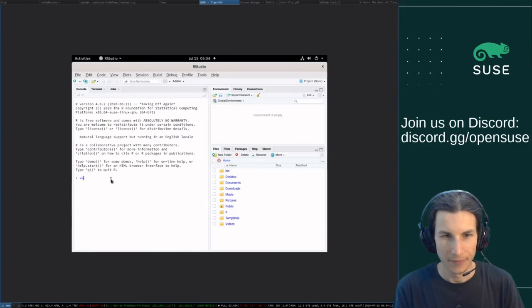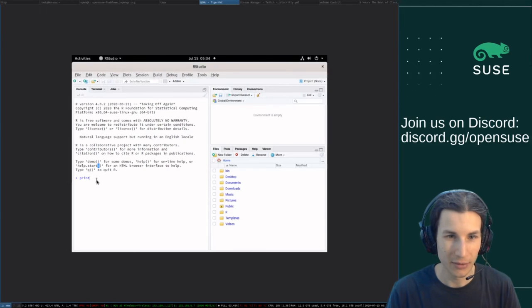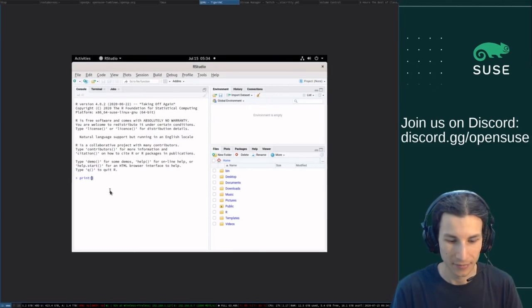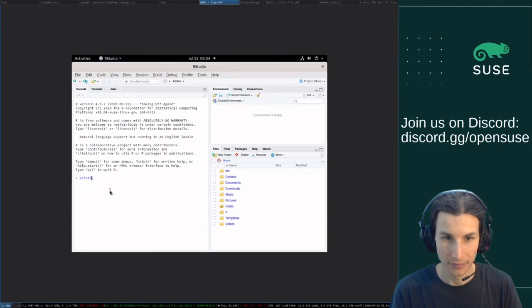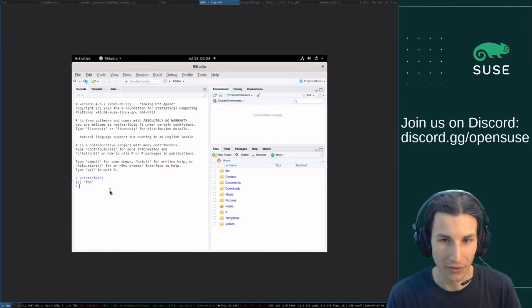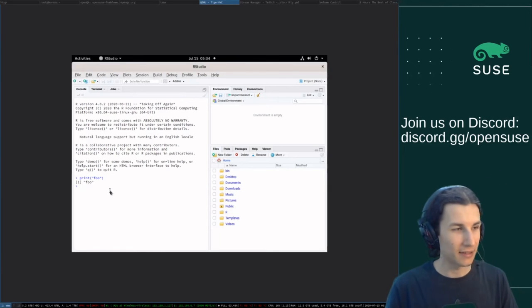So, wrong keyboard layout. Print. Okay, English keyboard layout, and I don't know where the braces are. There. And I think R is, does it work like that? Yeah. Okay. So we could tell openQA,